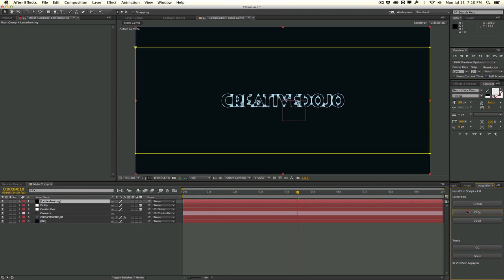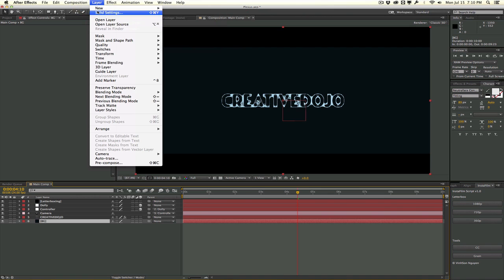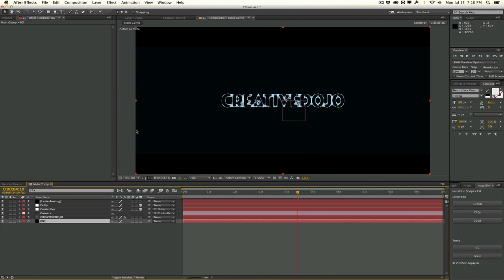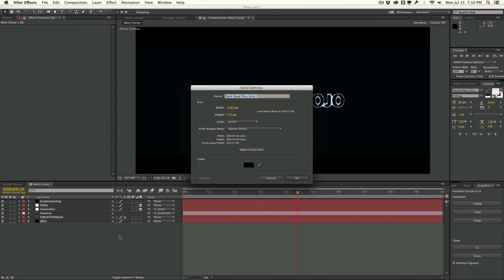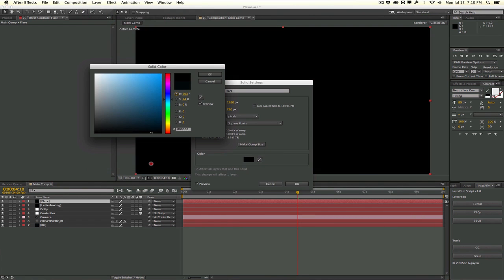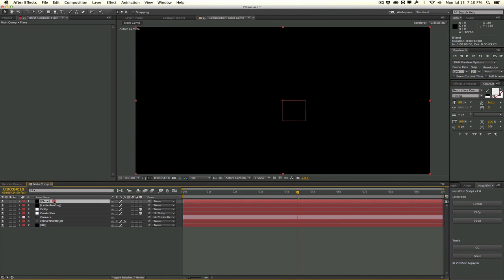But I'm going to create a 720p letterbox. And maybe we can actually decrease the color a little bit for the background, maybe something like that. And let's go ahead and create another new solid, and we'll call this one flare. And this one should be black because we will be adding it or screening it into our background. We'll drag it underneath everything,